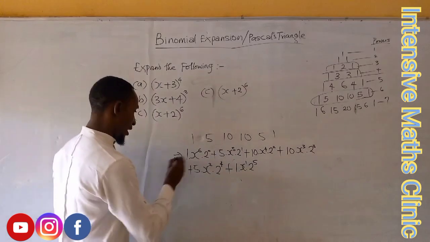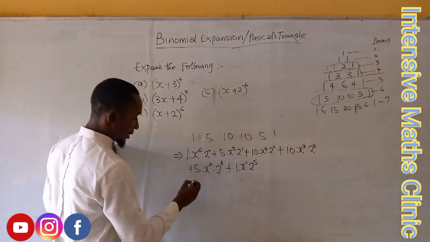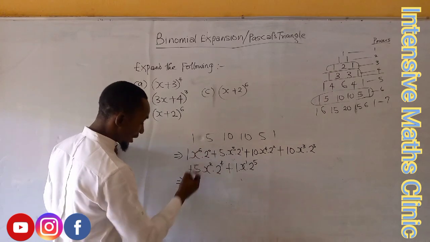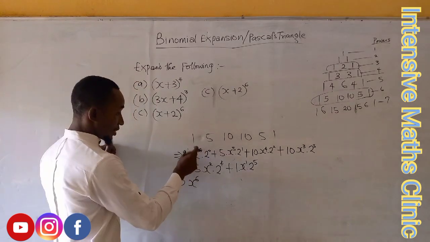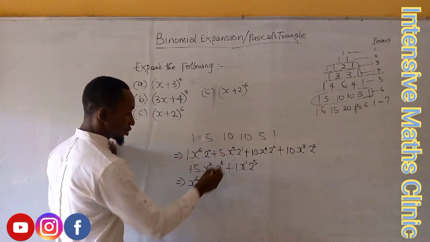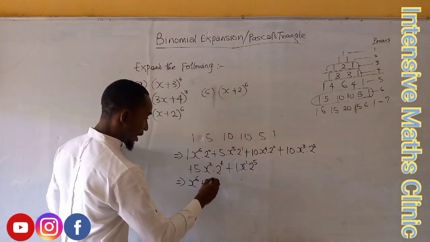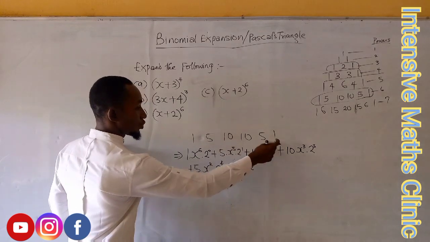So from here, we say 2 raised to the power of 0 is 1. 1 times 1 is 1. It will now be 2 raised to the power of 1. 1 times 1 is 1. 1 times x raised to the power of 6 is x raised to the power of 6. Plus 2 raised to the power of 1 is 2. 2 times 5 is 10. 10 multiplied by x raised to the power of 5 plus 2 raised to the power of 2 is 4.